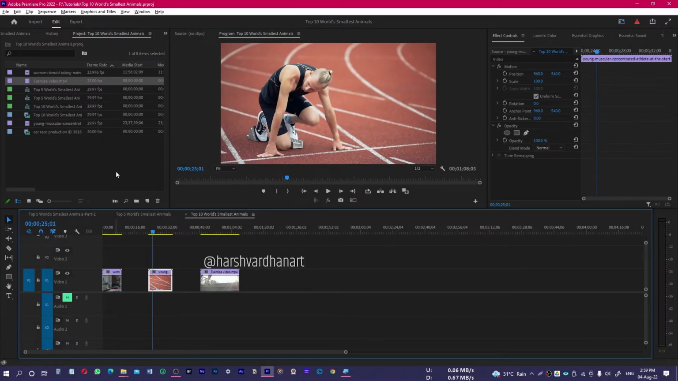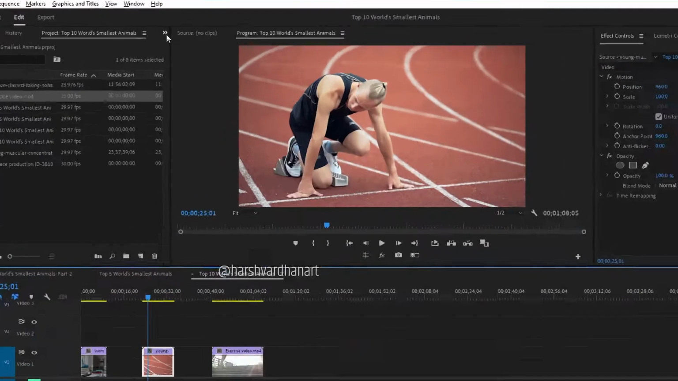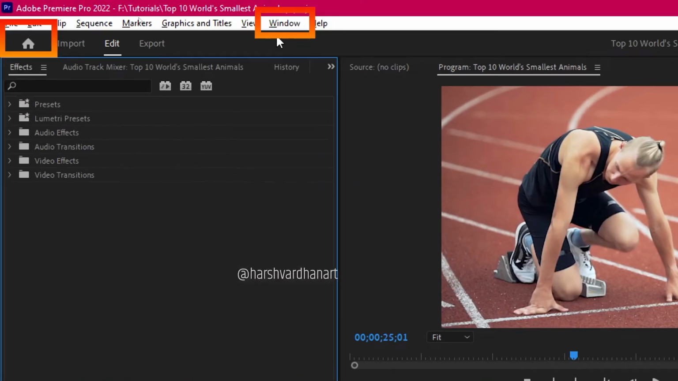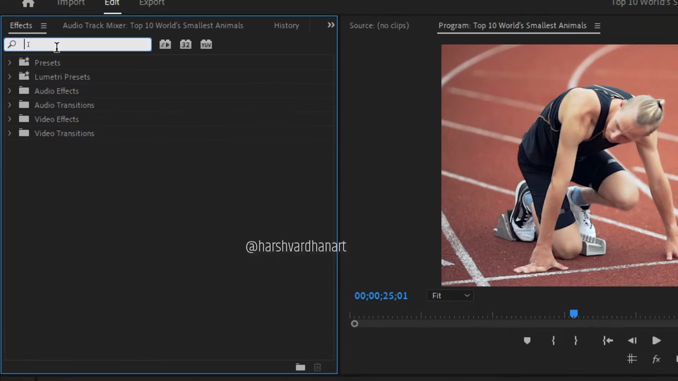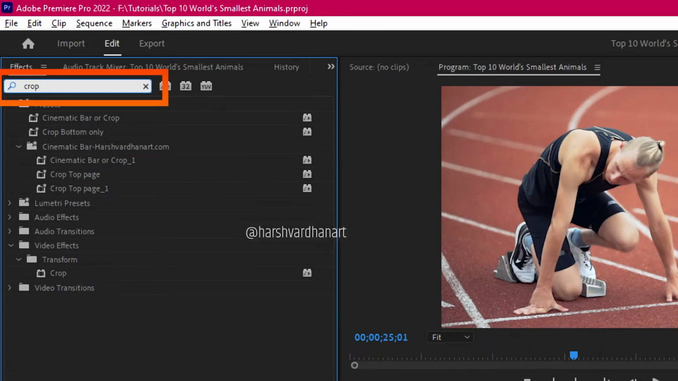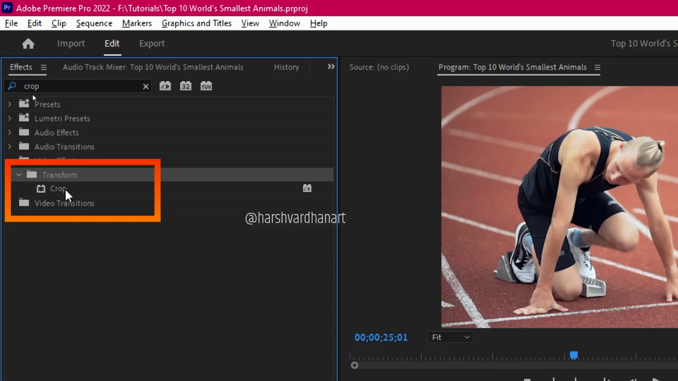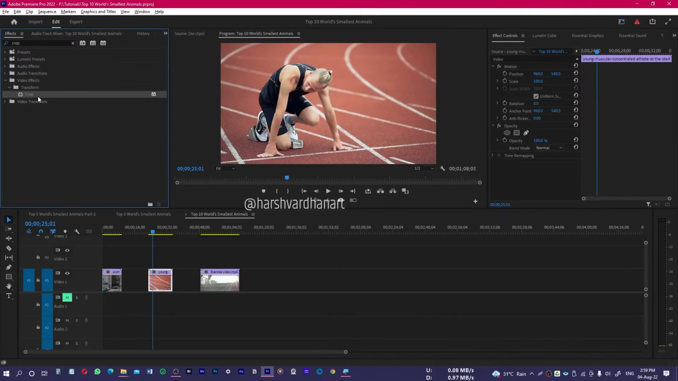In order to crop the video, you have to go to the effects panel. If it is not shown over here, go to the windows and select the effects. That way this panel would be visible. Now search for the crop. Here you will see under the transform crop option, just drag this effect over your clip